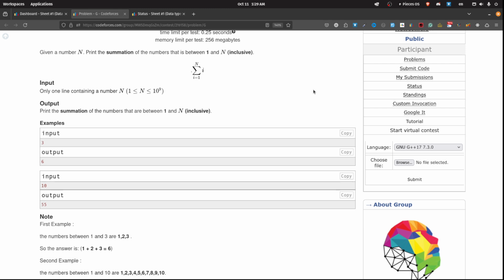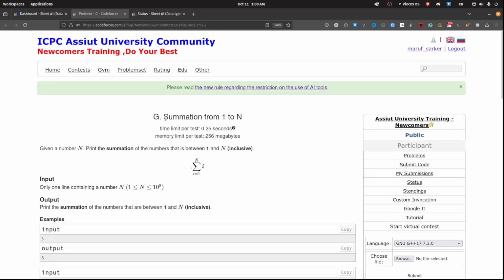So how can I do it? I can solve this problem using two methods. One is using a for loop, which is a big O of n solution, but I don't do it because we have a rule which can directly calculate the sum between 1 to n, and in this case the time complexity will be big O of 1. So let's do this. At first, copy the question name,